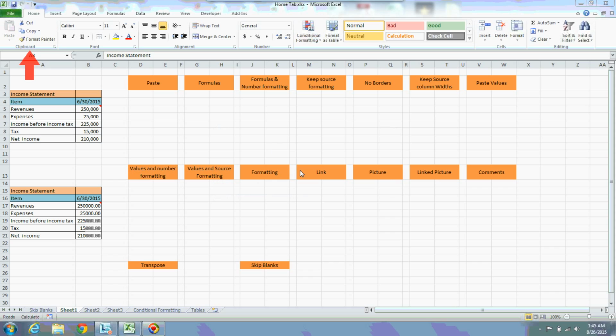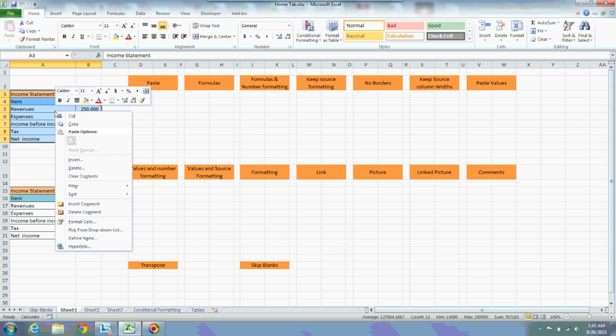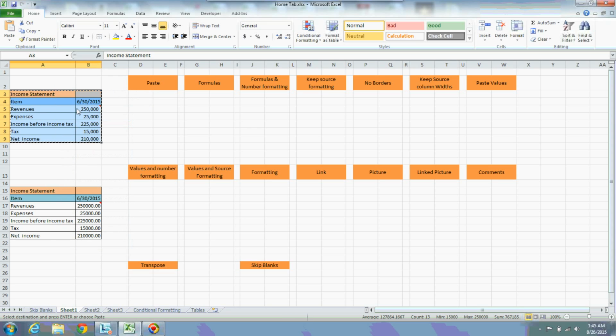Today we are going to explore the clipboard group, which is available under the Home tab. If you observe the left side of the clipboard group, there is a small button called paste, but it is in disable mode. Now I am selecting this area and right-clicking the mouse and choosing copy. I just copied my data. Now you can observe the paste button is enabled. Why was it disabled earlier? I did not have anything copied to paste, hence it was in disable mode. You can also copy the data using the keyboard shortcut, Control C.